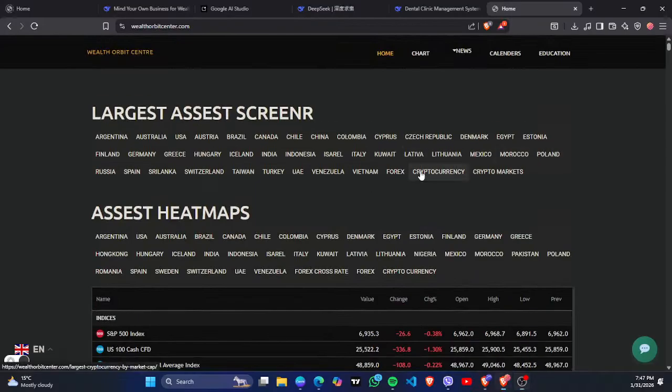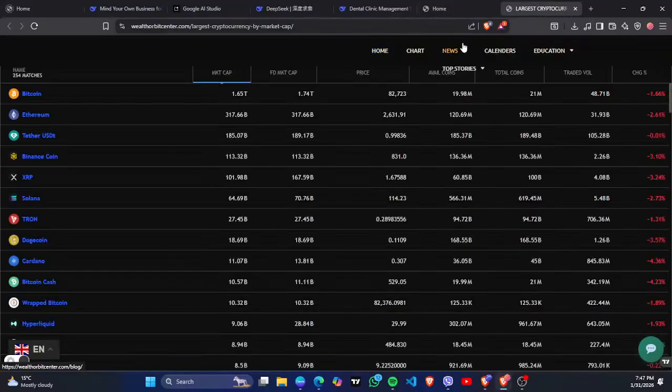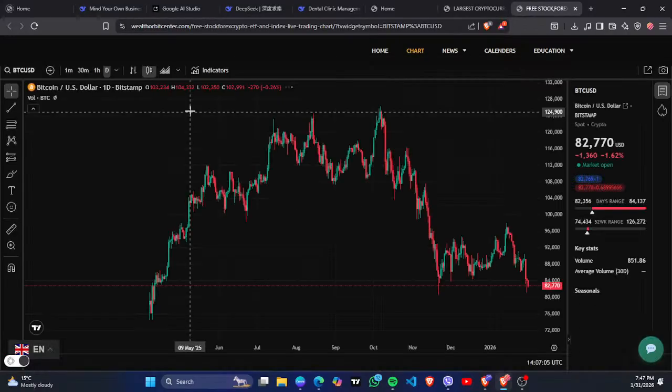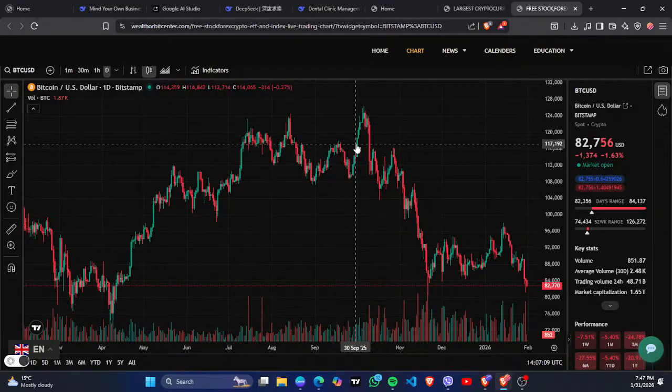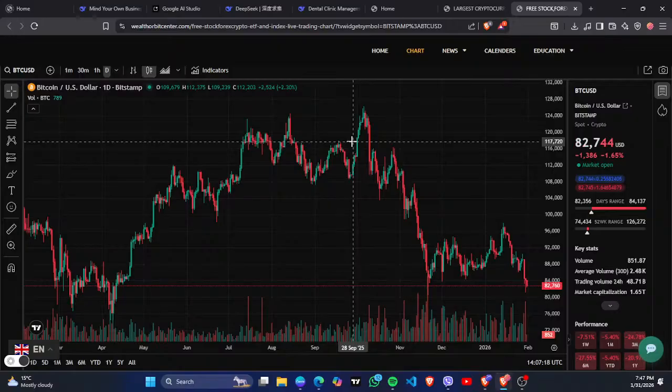And now, on today's episode, we are going to analyze the cryptocurrency market from the website. Okay, so just click over here, and our chart is loading. When you click it here now, the Bitcoin chart will load here. This one is the crypto chart. Okay, so I think Bitcoin is in the range of 82,000, and it has fallen massively also.